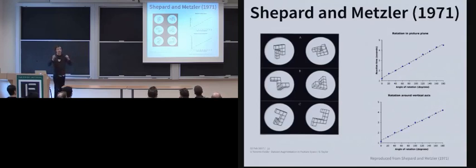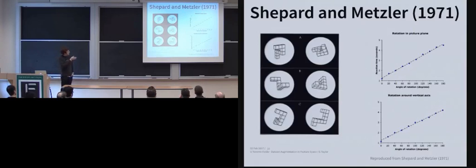They brought people into the lab. There were two levers, and they asked the people to look at a pair of objects and pull one lever if they were the same object, and pull a different lever if they were a different object. And they showed them three types of different objects. The first row shows the same object, but it has undergone an in-plane rotation. The second row, again, is the same object, but it's undergoing a rotation around the vertical axis. And the third row are mirror image objects, so they're not the same. So ideally, if the person's doing the right thing, they're pulling the yes lever for the first two rows, and they're pulling the no lever for the bottom row.